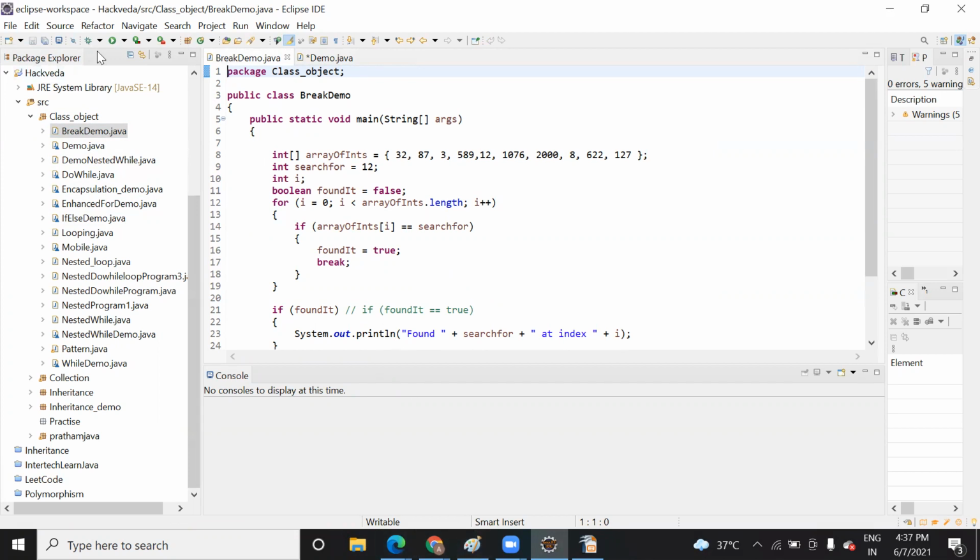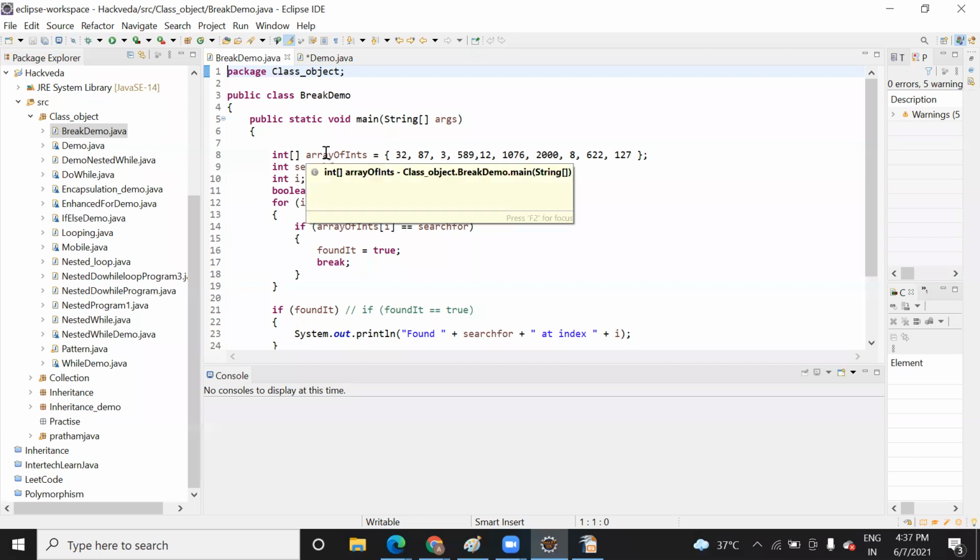And as I click on this run button, the compiler will compile the code and the processor will work behind it, how many resources they need, how much memory they are occupying, like that. Do you understand? Okay. So in that way it works.